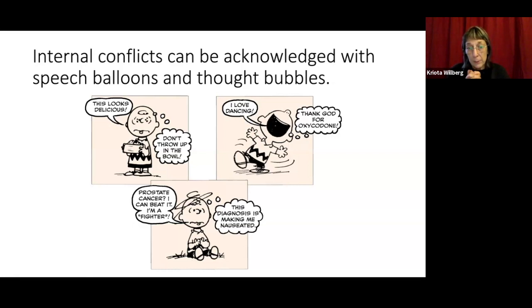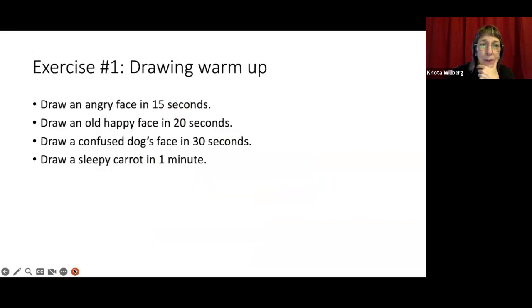So again, the way people react to diagnoses based on either their own wishes or what their expectations are of their family's wishes or friends' wishes or their relationship to the doctor, it can be very complex. And what they say, what their appearance is, and what they're thinking. In this case, he's saying this diagnosis is making me nauseated. So he's probably still a fighter anyway, but he's also acknowledging his internal conflict and upset. And that can also add another wrinkle to communication with patients or with our friends and family. Now,